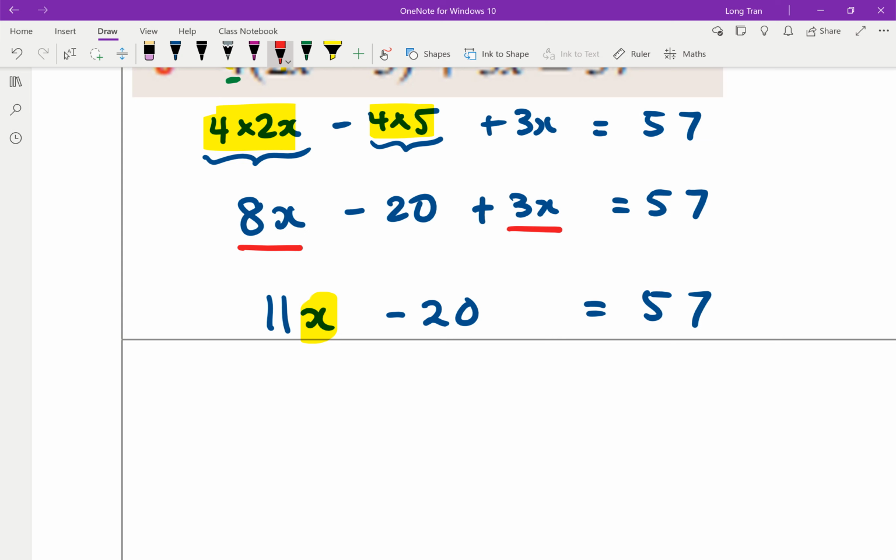Minus 20. Remember, any addition or subtraction, I want you to remove that first. So minus 20, opposite of minus 20? What's the opposite of minus 20? Plus 20. So I'm adding 20 on both sides. Negative 20 plus 20 cancels out to be 0. I'm left with 11x is equal to 57 plus